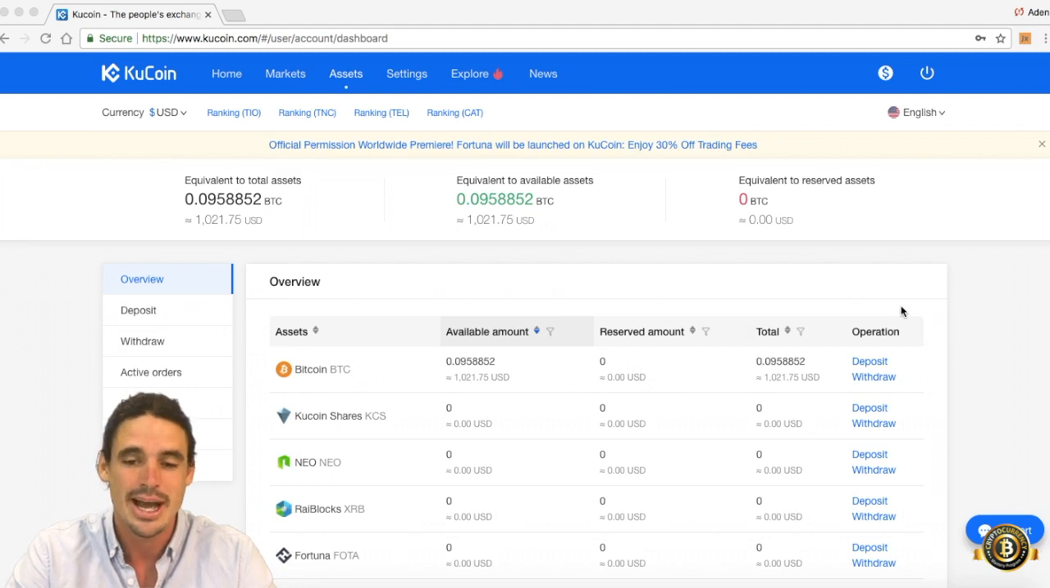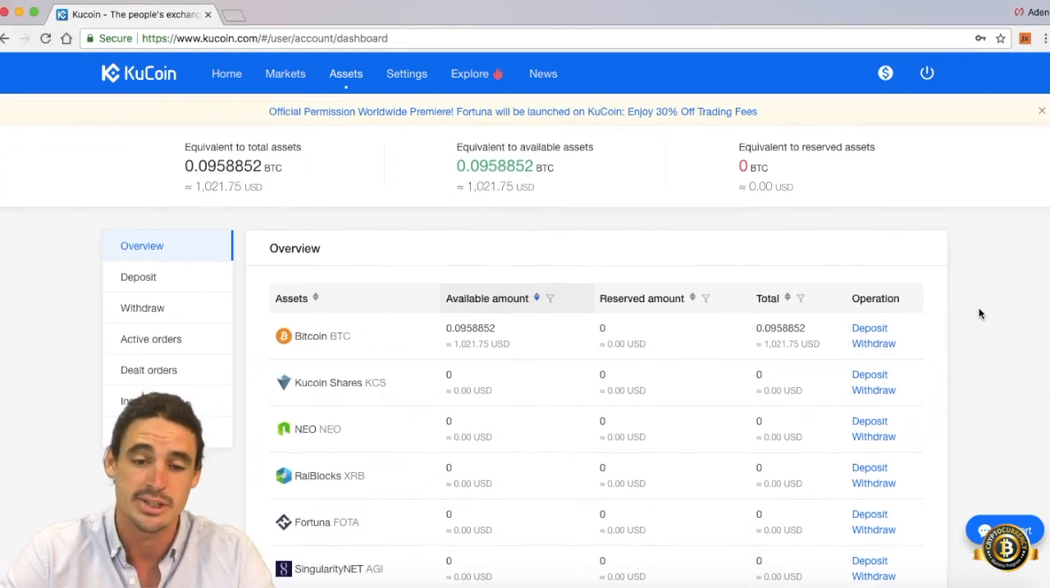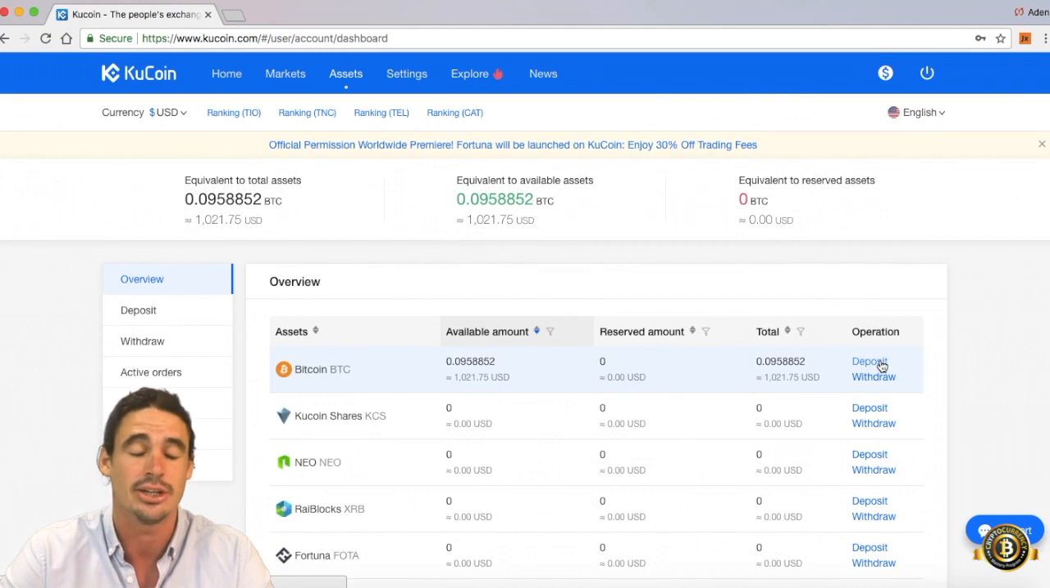Essentially, I've gone and put some Bitcoin in here so I can put a trade on. It does take a bit to get some Bitcoin on there, so I've already done it for you. And essentially what happens is once you come to this page and click on deposit,